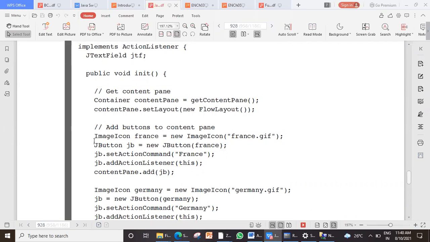Now you want the buttons with images, right? First, those images have to be converted. Suppose this image is named France.gif, which is there on your PC. If it is stored in some other folder, you will have to give the entire path. If it is in the same folder as your program, then you need not give a path; you can directly say the name. So France.gif is the name.